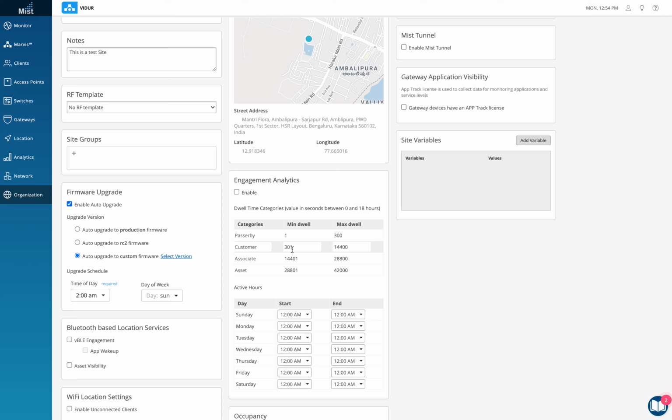Now how this works is this could be a very handy use case in a mall based scenario, or in a corporate office, or in a retail store, where people walk into the shops and they spend this much time, and then you are able to actually figure out and run analytics on top of that, whether they were passersby who just walked past the store, or they were actually customers who got into the shop and explored a few things.